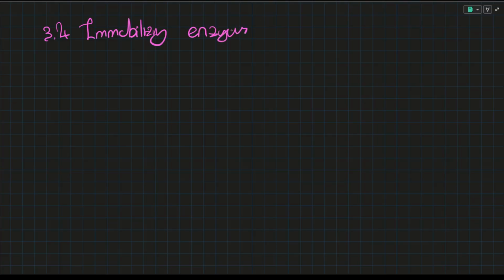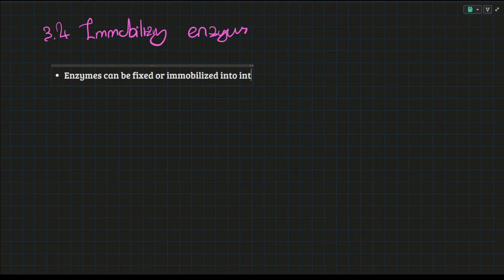The last part for the enzyme chapter, 3.4, immobilizing enzymes. What exactly do you mean by immobilizing enzymes? Now, enzymes are usually free. These free enzymes can be fixed or, in other terms, immobilized into inert, insoluble